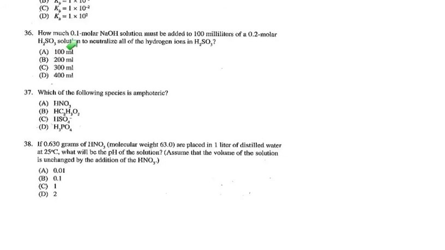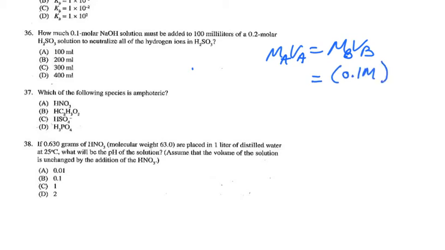Number 36 is a titration one. So remember, a great way to tackle titration questions is to use MV equals MV, especially in multiple choice questions. We need to be a little bit careful though, because we can use 0.1 molar for the sodium hydroxide concentration. They want to know the volume, so we know the right side is 0.1, and then we just want to know the volume